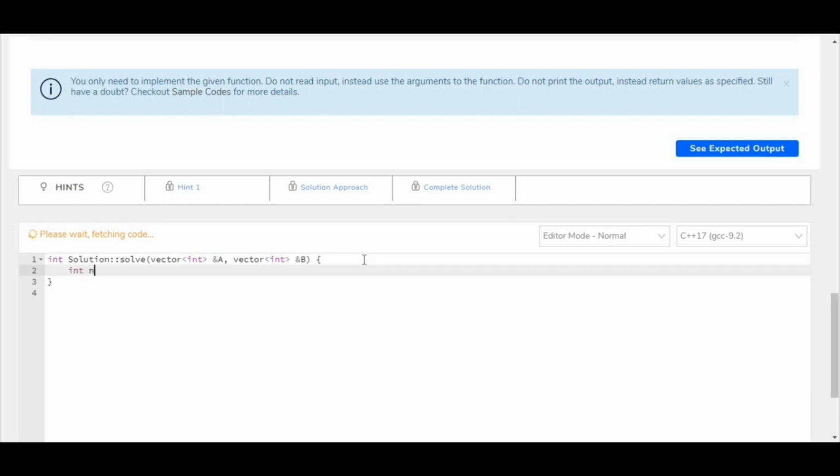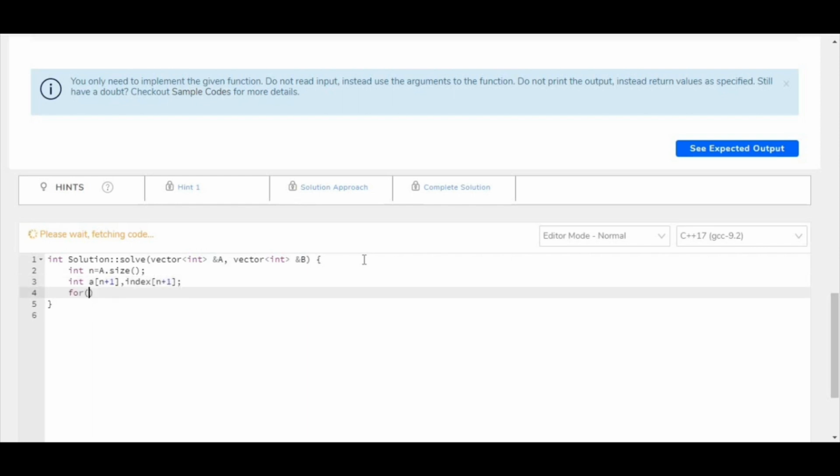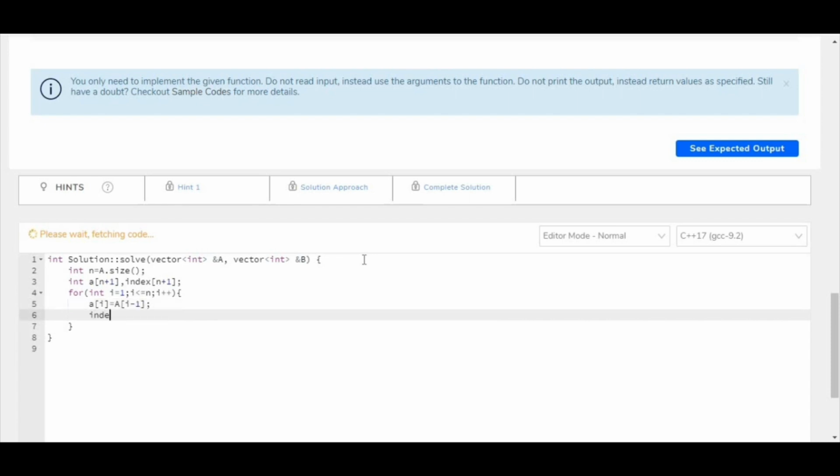So let's again initialize n as the length of a, so a.size(). And let's make a new array a of n plus 1 and index of n plus 1, because I want to consider the array 1-indexed. So for i from 1 to i less than or equal to n, i plus plus, a[i] will be a[i minus 1] and index of a[i] will be i.